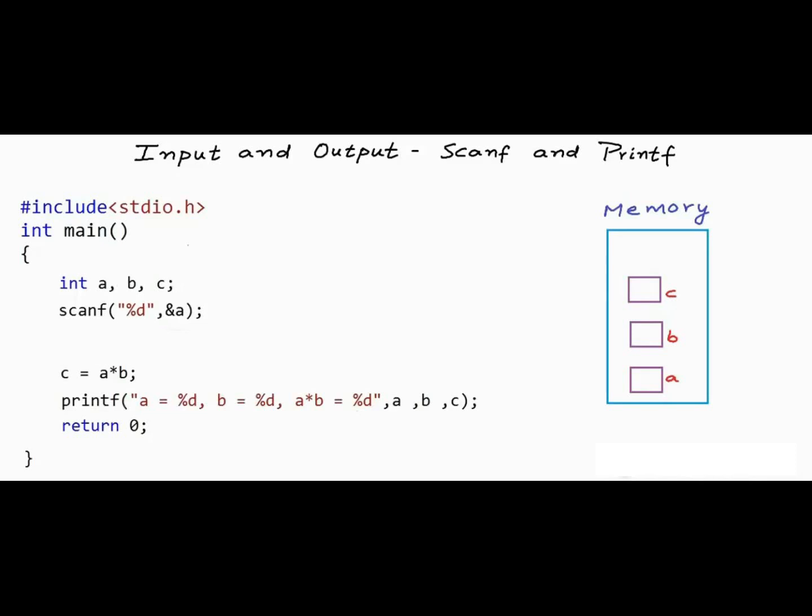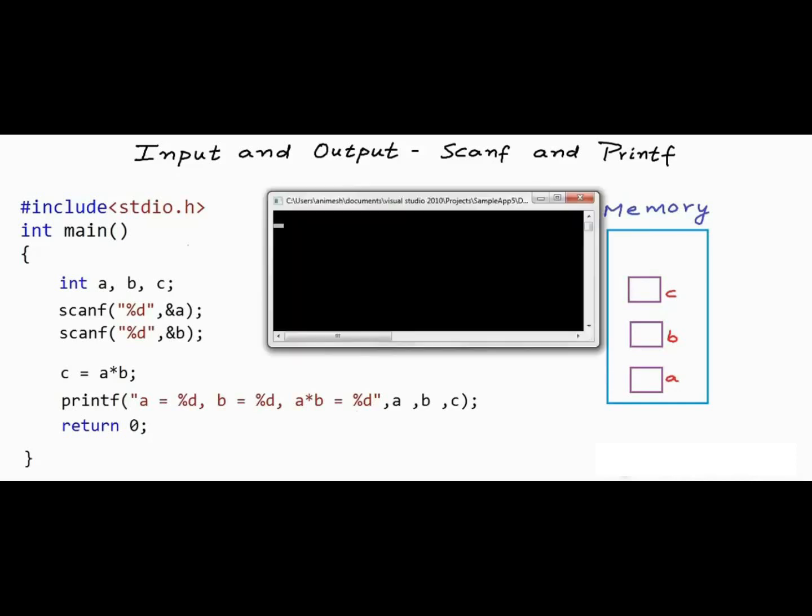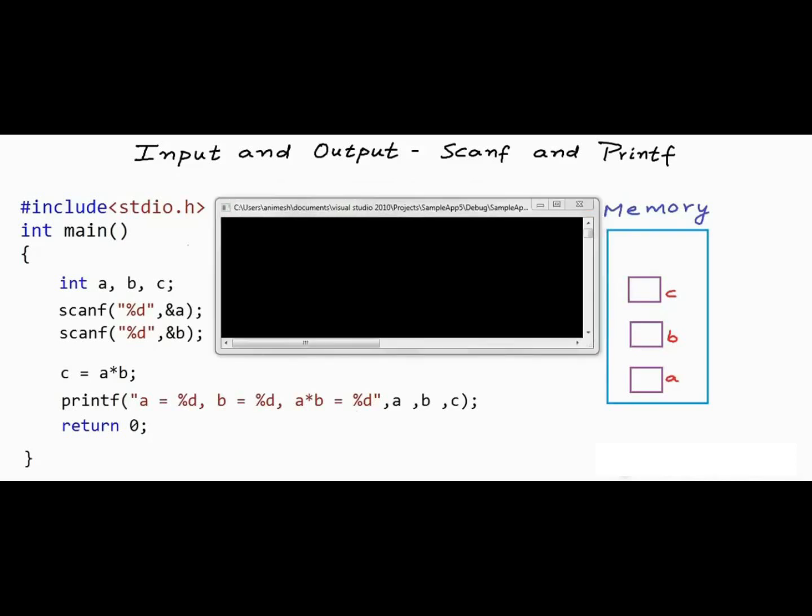What I'll do now is I'll write one more scanf statement here, and this time the second argument is ampersand B. Now I want to run this program and show you what will happen. When I'm running the program, nothing is coming on my command line or console. I have a printf in my program, but nothing is getting printed. What's happening here is that program execution has paused at this line, at this first scanf, and program is expecting